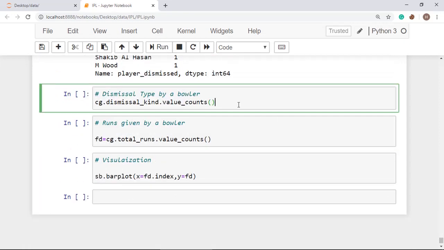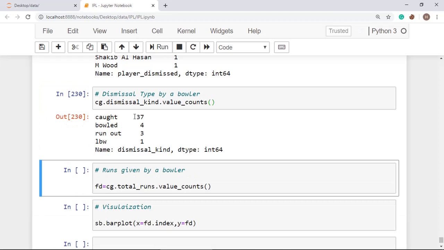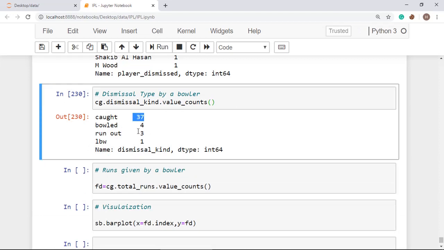Now dismissal type by a bowler means here you will get how many times each kind of wicket has occurred. You can see 37 times Hardik Pandya has dismissed by caught out, 4 times bowled, and 3 times run out, LBW 1 time. Alright, you can also